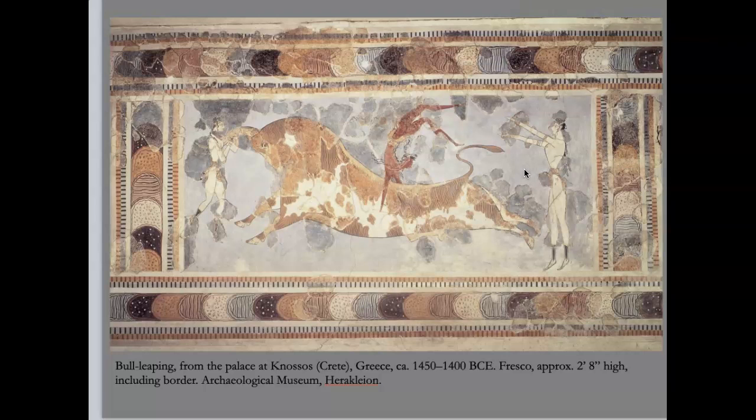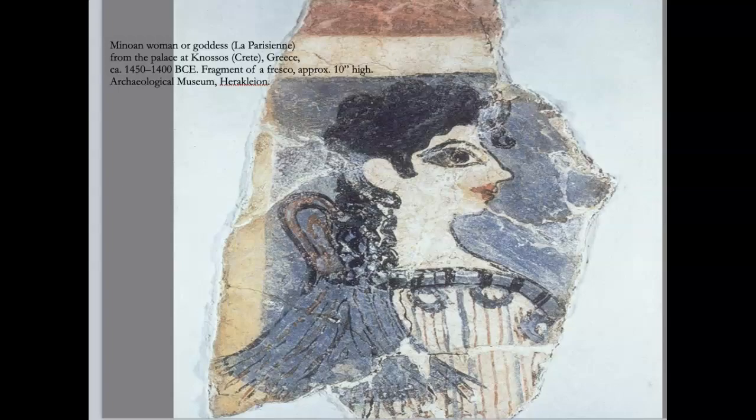But what I want to talk about is kind of the more artistic way it's represented, this very beautiful geometric border, and kind of the energy that you see here of the line, right? These beautiful lines make your eye move all the way forward and all the way across, the really energetic and kind of lighthearted feeling of this. And these guys, the Cretans, right, the Minoans, were kind of considered to be the flower children of the ancient world. And you can see that in the energy and the beauty of this, and also of La Parisienne.